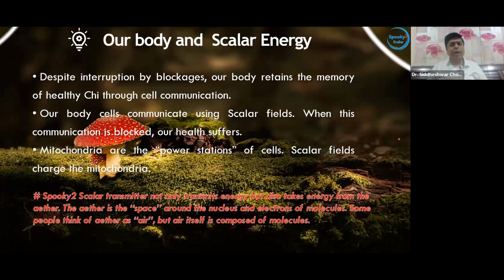So now, getting back to our body and the scalar energy, despite the interruption by blockages, our body retains the memory of healthy chi through cellular communication. Now, if I may ask, why does our body retain the memory of healthy chi through cellular communication? Why does it retain the memory of something good in our body? Because I know